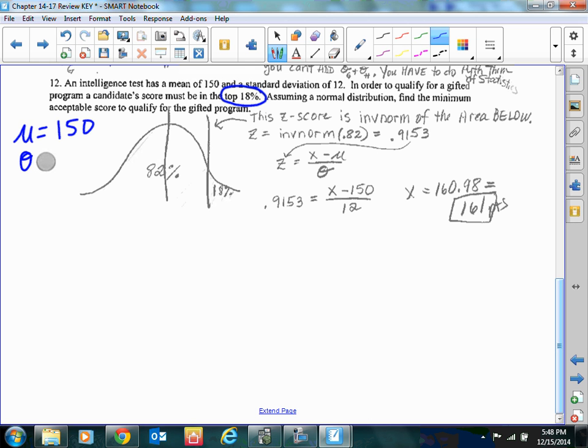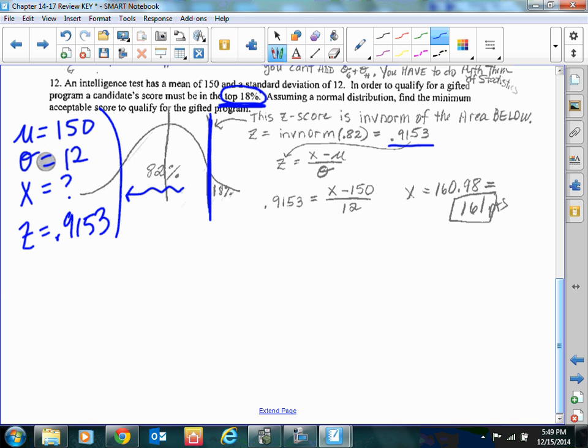The standard deviation is told to me to be 12. And the question is, what is the candidate's score? That is an unknown x. Now, the z-score is also unknown, but you can find it from this top 18%. And you know that you have to do inverse norm of the area below. Is that z at that spot? And that area below is 82%. So inverse norm of 0.82 is